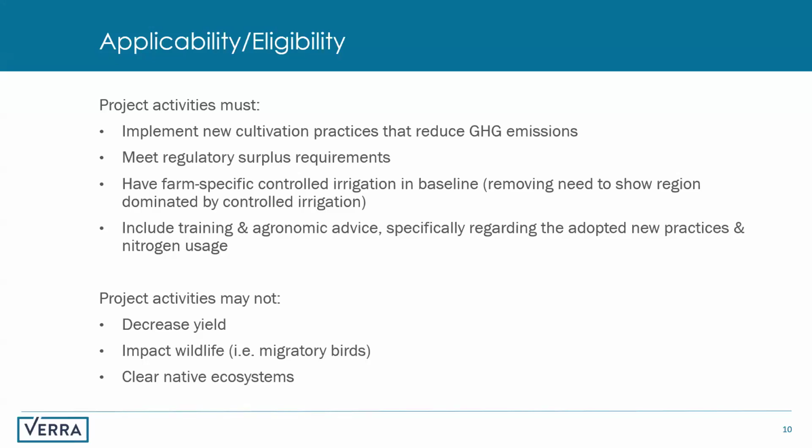One example here is that we have several methodologies that we've studied and we're drawing from, in particular in the US context, where there were concerns for migratory birds. So that's just an example of where we will look at potential impacts to biodiversity, and where appropriate, we'll offer some guidance and potentially some requirements specific to those. And those will be complemented by the existing VCS requirements for environmental harms.